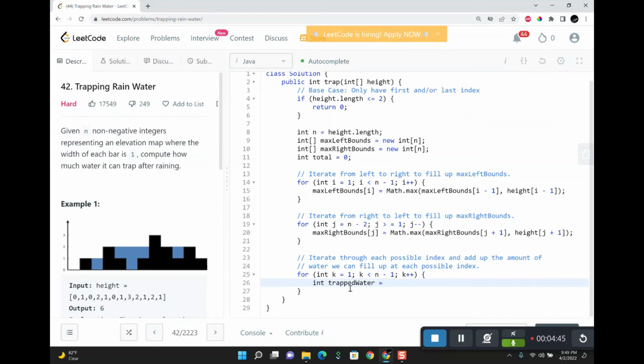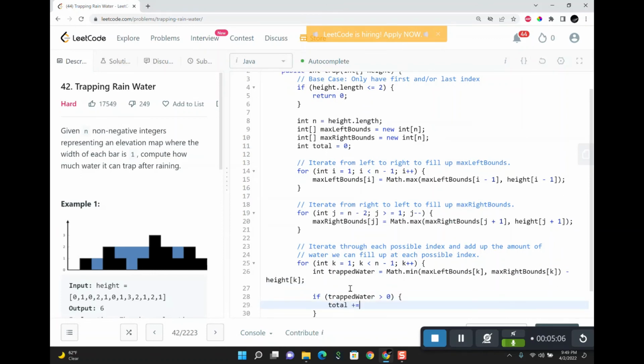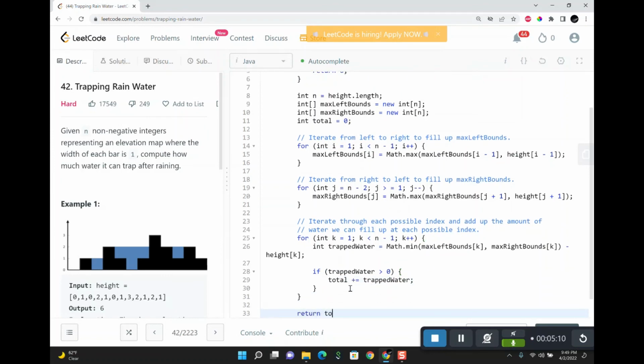trapped water equals to math.min. We're going to need to take the minimum, as I said before, of max left bounds k, max right bounds k, minus height at k. And then if trapped water is positive, we're going to add that to our total result. And then finally, all we need to do is return total,